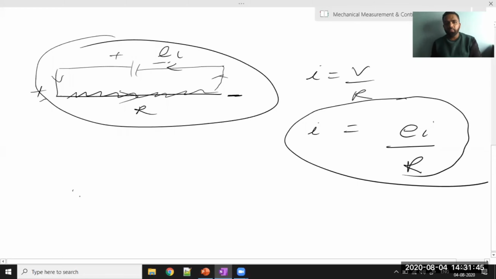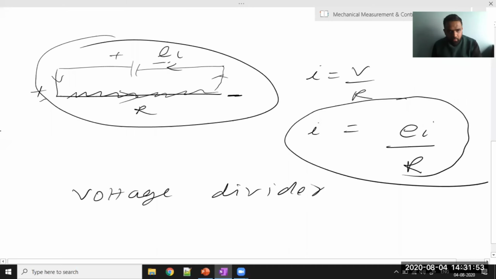Now, what happens is, why do we call this potentiometer a voltage divider? This is very important. Now, we are connecting this wire. One side of this wire is connected to the positive terminal and one side is connected to the negative terminal. What happens in voltage division, when we try to understand the voltage division concept, in voltage division, if we want to measure the